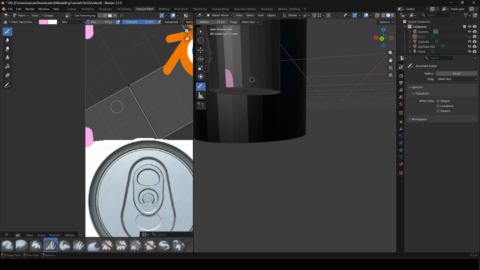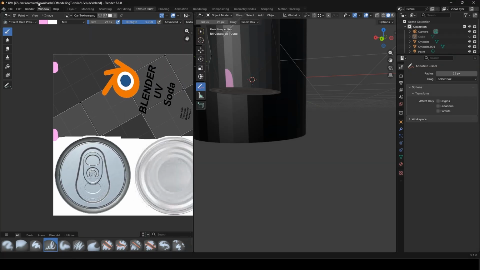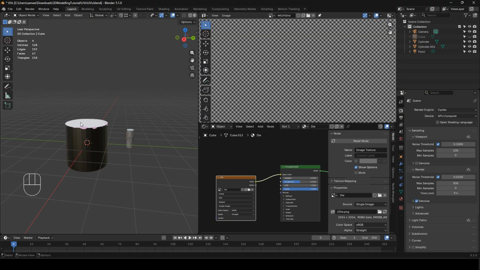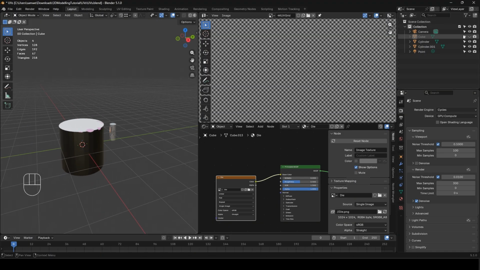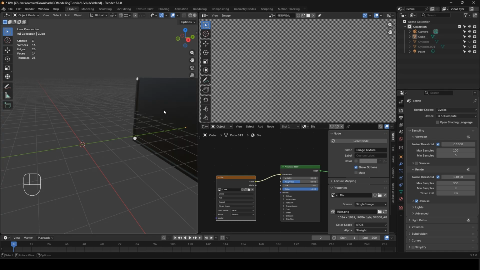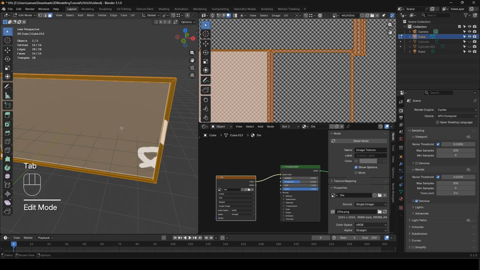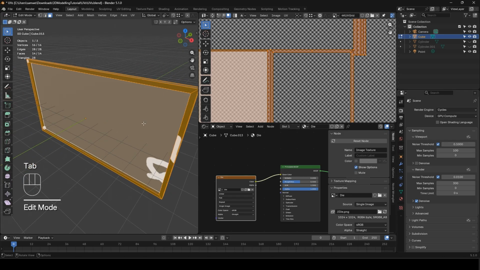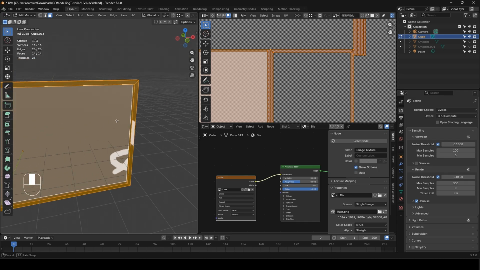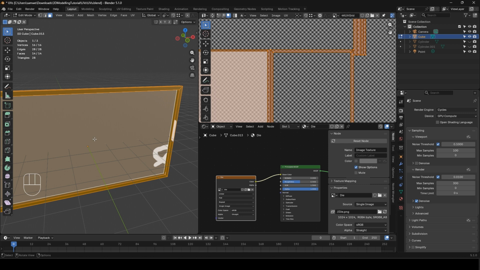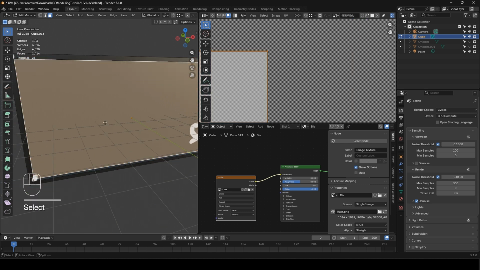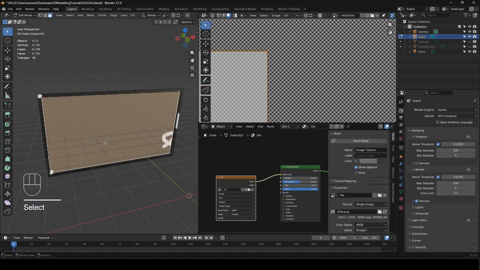When unwrapping an object, you want it all to fit inside the UV space. However, not all the faces need equal space. So, for example, with our billboard, the border doesn't need much UV space as it isn't doing most of the heavy lifting. This will just be a brief perimeter with a texture of metal, say. But because the billboard itself is going to have a lot of good detail, we'll prioritise this face to take up more UV space,